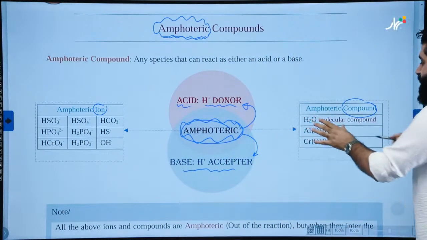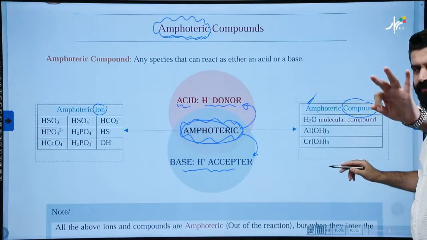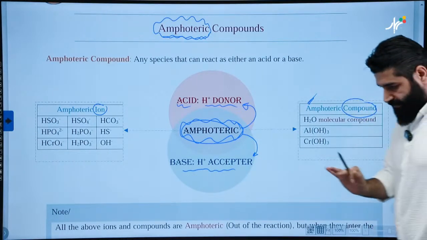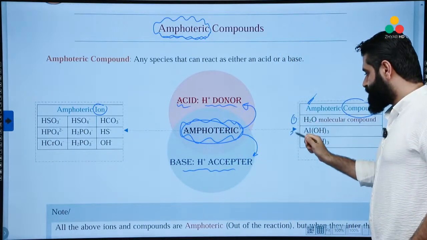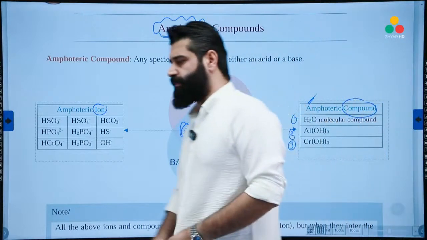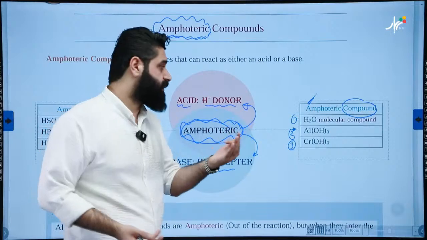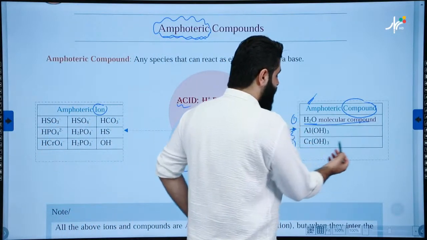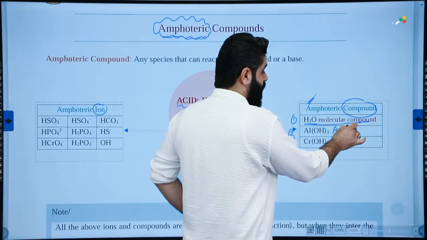We have two types of amphoteric. First of all, amphoteric compounds. We have three amphoteric compounds. Of course, there are many more amphoteric compounds, but according to our book we only have three amphoteric compounds, which are H2O, a molecular compound, aluminum hydroxide,